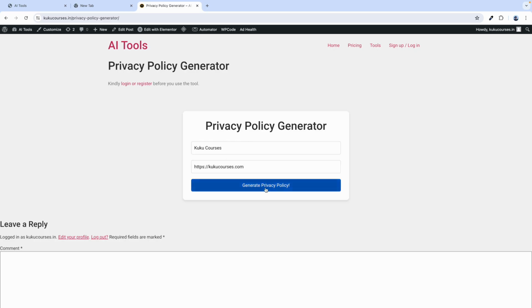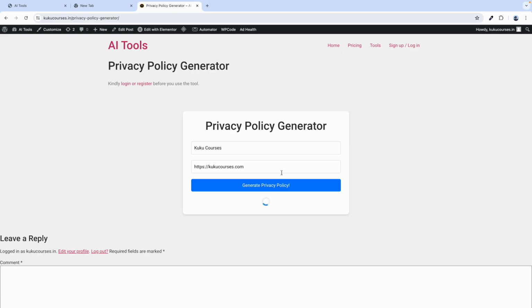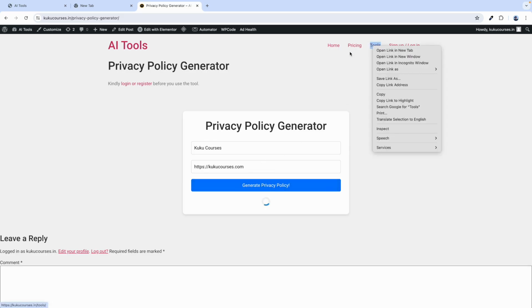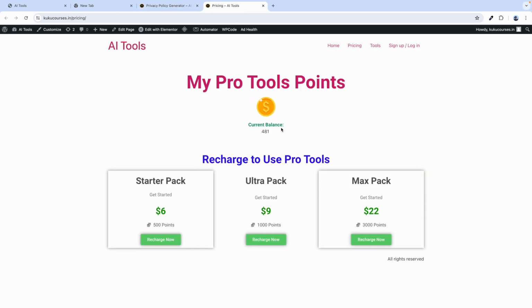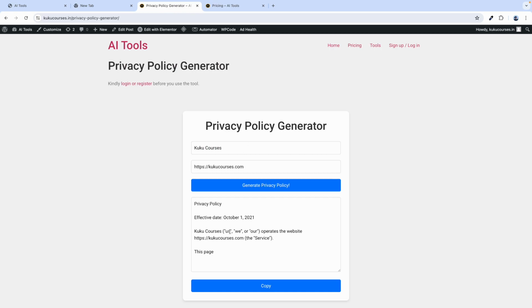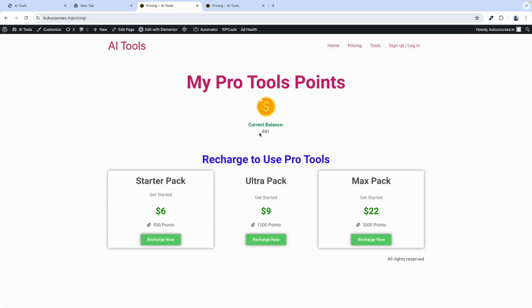Awesome, click on generate privacy policy. Now you are going to see the magic. It is just going to generate the response for you, and the points are 481. Okay, and here you can see it has generated the response for you. Okay, now if you just go to maybe your pricing, the points will always be deducted. Okay, so this is the functionality, and if you want to add this functionality to your WordPress website,